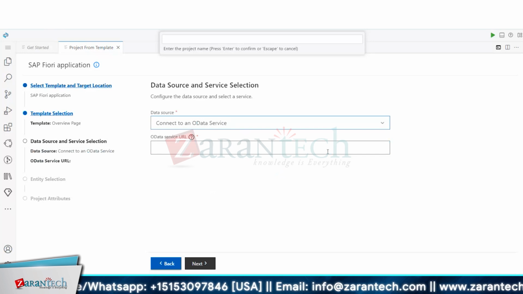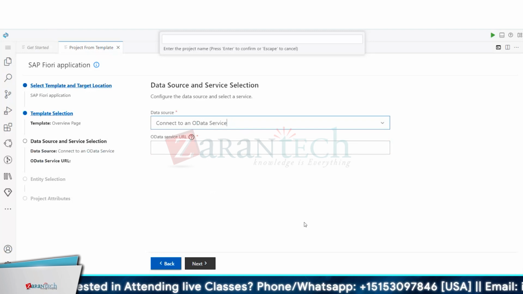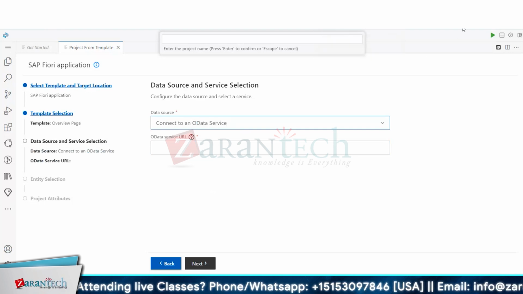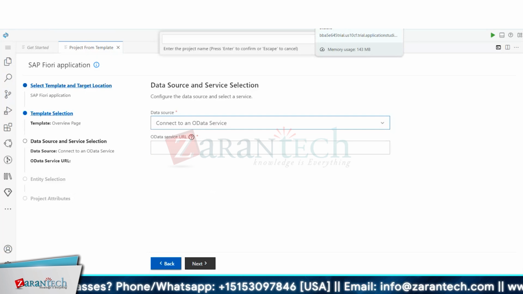Then it will take the OData service. The OData service will have all the details. Suppose user registration: you have 100 users and you want to display 100 users. So your OData service should have all the user details for the 100 users, and then that data will be picked and used in the application. So this is basically from the development perspective, we do that. We can use standard OData service, but I'm not going further